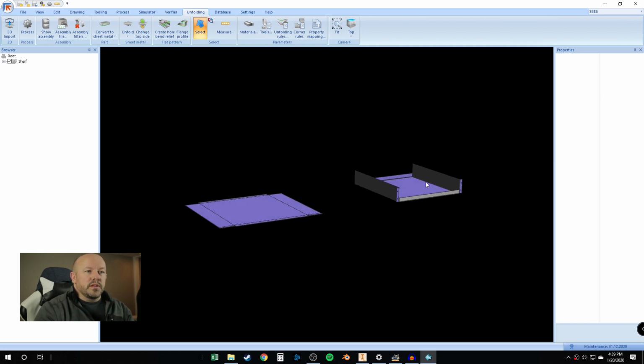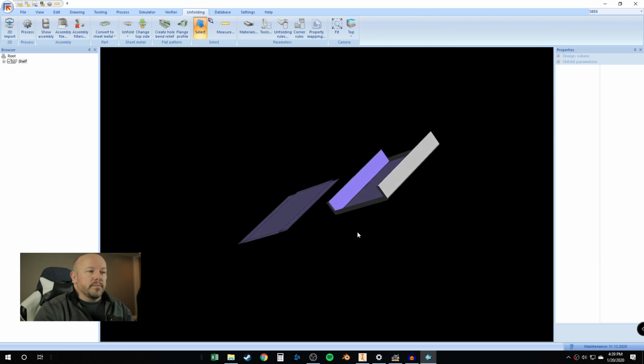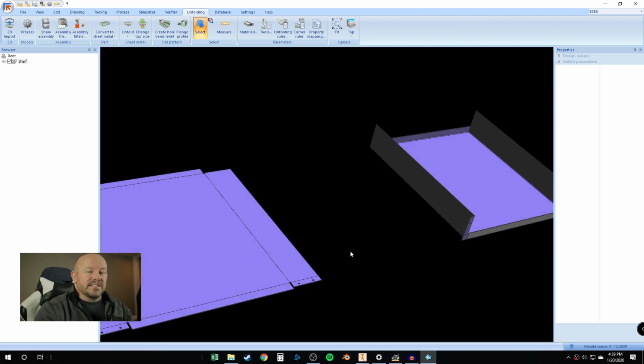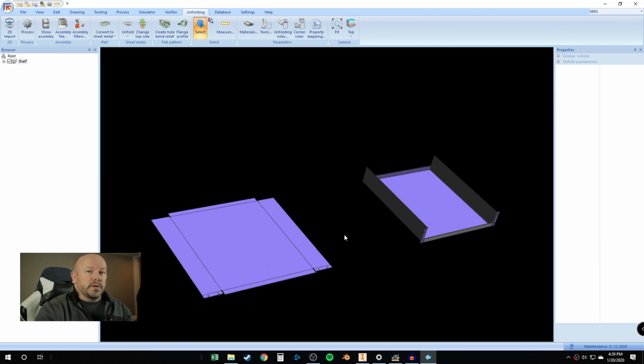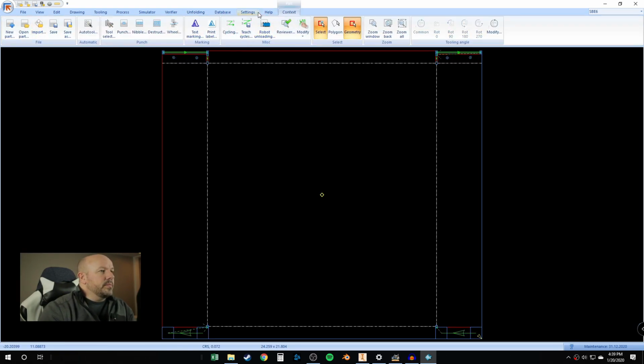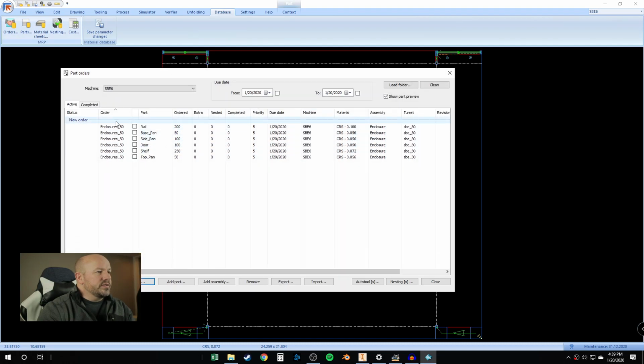There's my part with the metadata. If we look at this shelf, you can see that the metadata for the material was mapped, and also to turn it over was mapped. So this part has the upside on the inside. Normally the upside would be on the outside of the part. Anyway, we go to the database next, and in our orders database I have my new order,